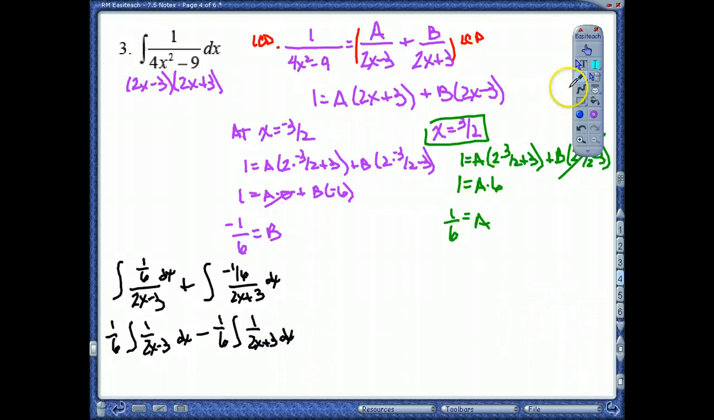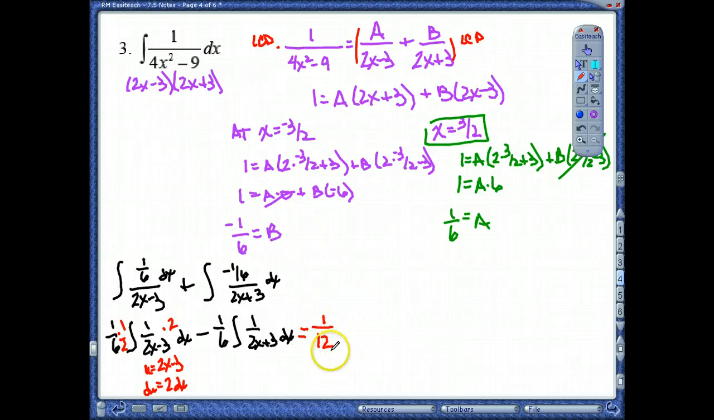Now when I'm looking at this, I'm just going to show you one of them because it works the same way. If I look at this guy right here, if I do a u sub, I'm going to need to use 2x minus 3. So that means du is going to need to be 2 dx. I don't have a 2 dx, so I need to put the 2 in. I need to multiply by 1/2 out in front. I'm going to be doing the same thing for the second integral, so it's going to look very much the same. So I'm going to end up with 1/12,